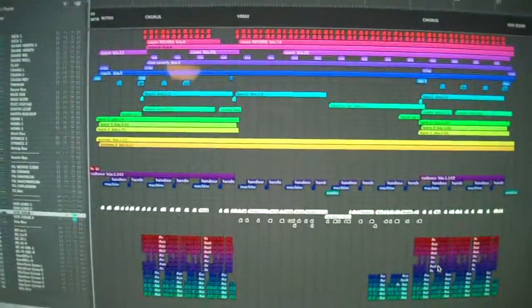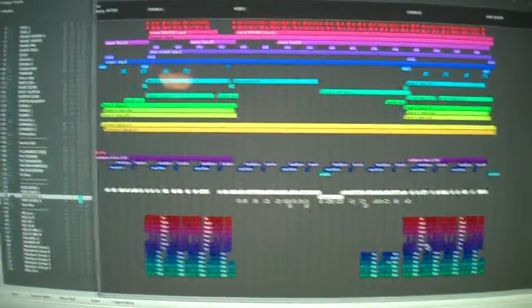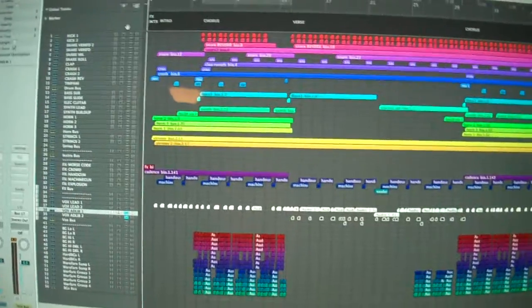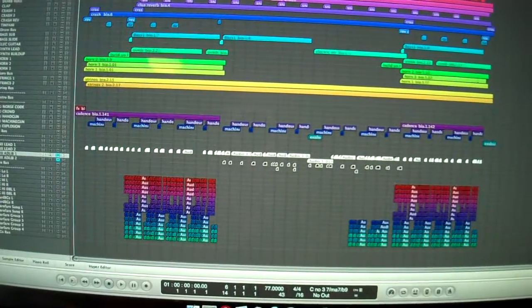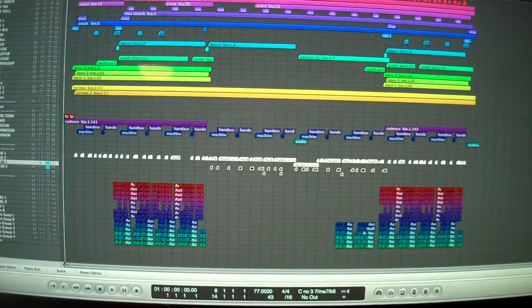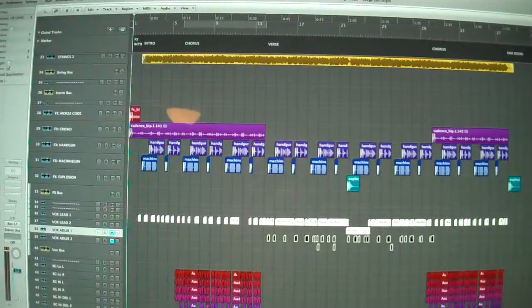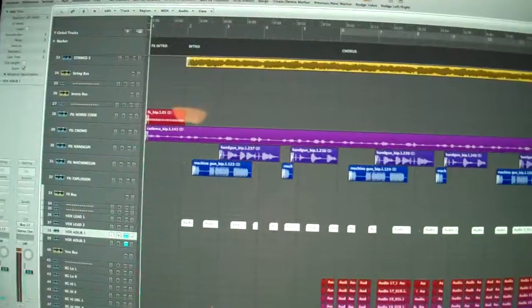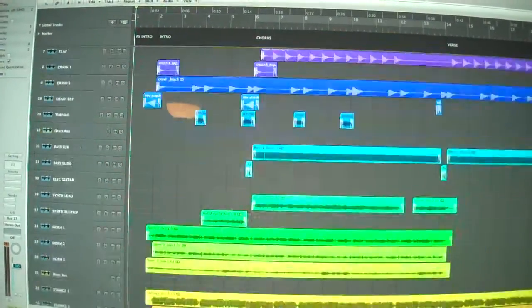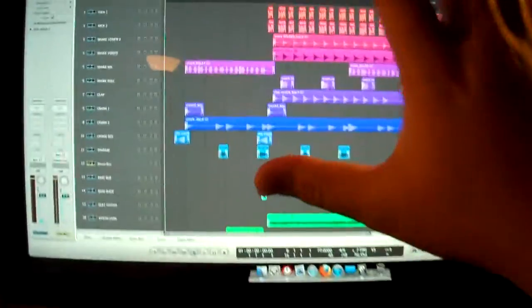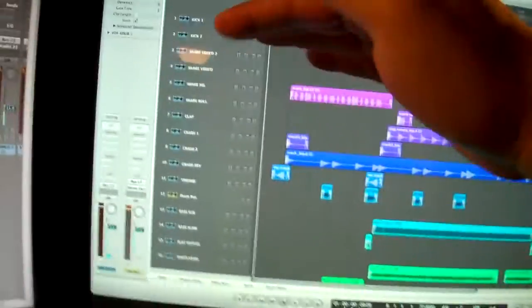So this is a session that I got, and basically I like to organize it. Let me stretch this out first so you guys can see better. How do I do that with one hand? There we go. So let's stretch this out this way and this way and then go back to the top. So basically what I do is I put all of my drums first, and I go kick,